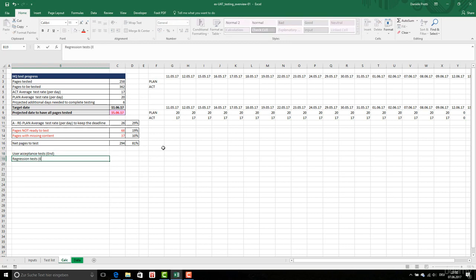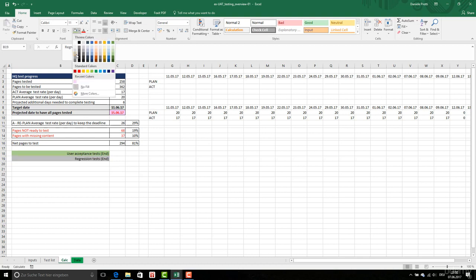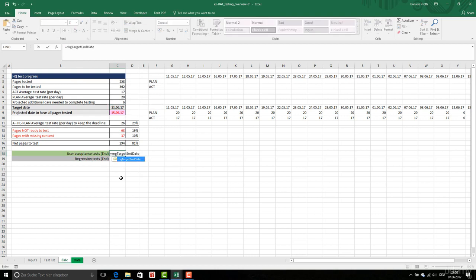So user acceptance test and regression. I'm going to use these two for two reasons. I'm going to put them here. The first one here, the other one is, I don't know, also gray like this. And user acceptance test ends, and regression ends 2 weeks after. So it is work days, this is 10 days after,